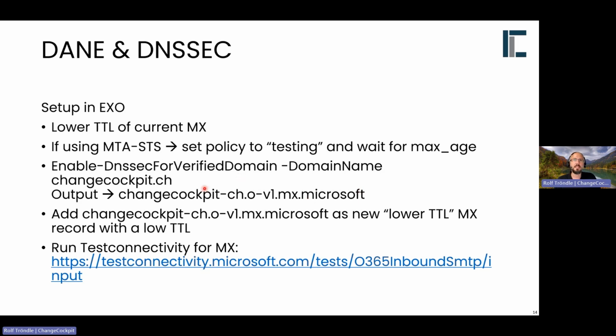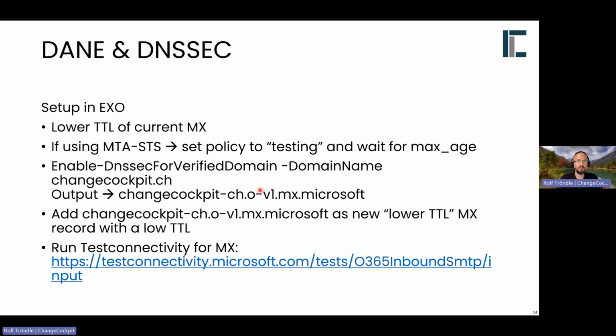ch.o-v1.mx.microsoft. So this is a new zone, this .mx.microsoft. This was implemented during the public preview of inbound DANE for SMTP in Exchange Online, because this zone here now supports DNSSEC. That's why we need to change. You could think now, okay, but if Microsoft is doing DNSSEC for this record, why do I need it? The reason behind this is